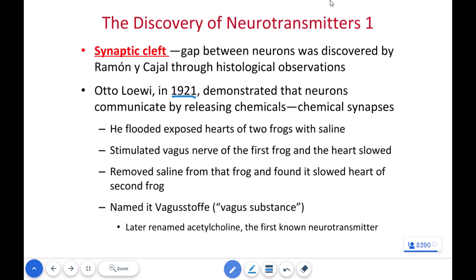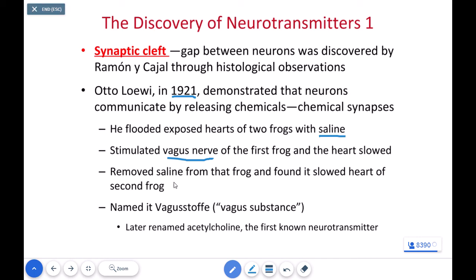And this is a classic experiment that's been recreated many times in undergraduate and graduate laboratory activities, where you take living frogs, and then you isolate the tissues from those frogs, and then you perform your experiment on the tissues. In this case, Otto Loewi took the frog, isolated the heart while the frog was still alive, and then put saline around the heart, and then he used an electrical stimulus to stimulate one of the major nerves of the heart, found that the heart slowed, and then with the second frog,